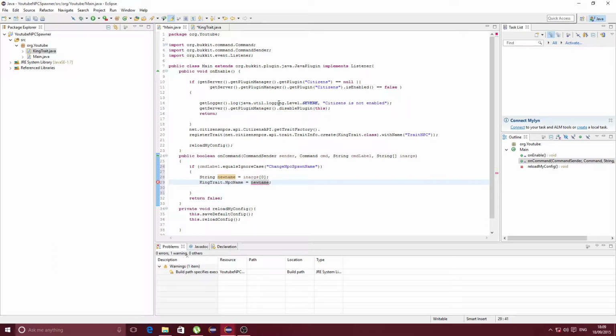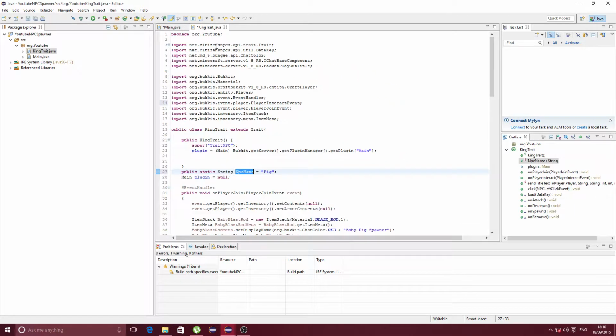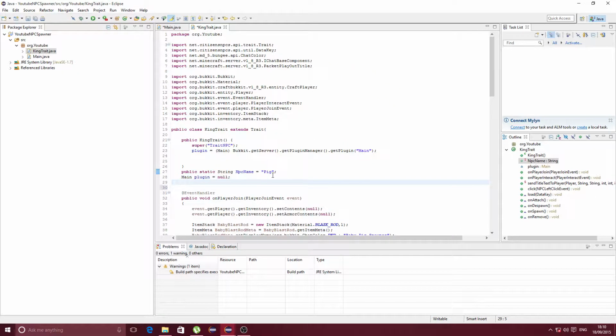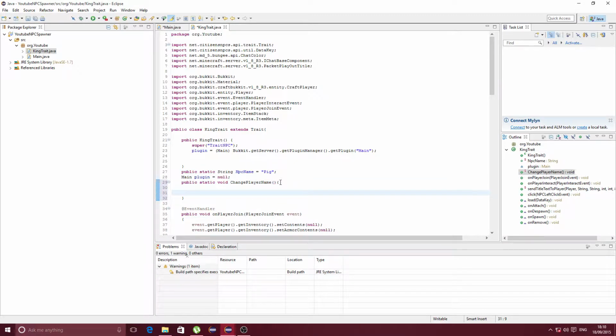But if I did it correctly, that should be fine. But I'm going to tell you a trick, that sometimes in switching program terms, this might not work. There's better ways to do it. I'm going to show you how to do it very, very fast. We can make a new public static void called change player name. Sorry, it's going to take a variable. It's going to take a string new name,